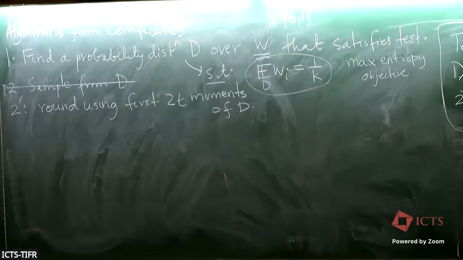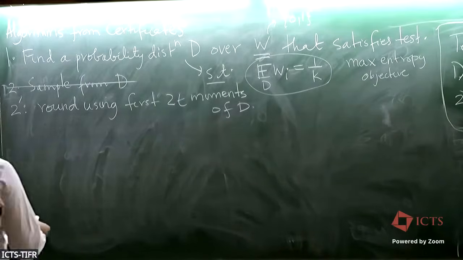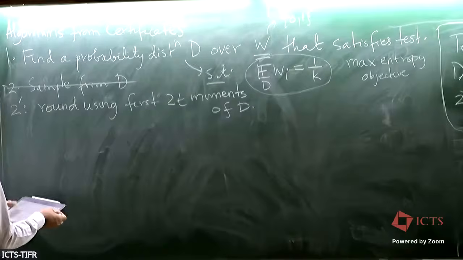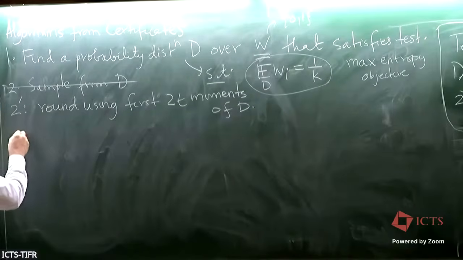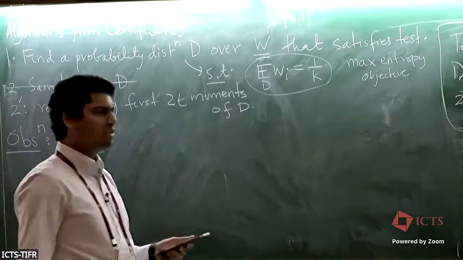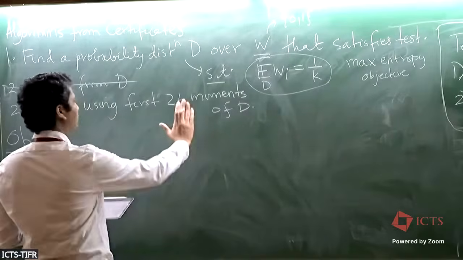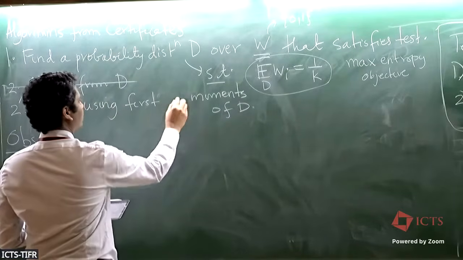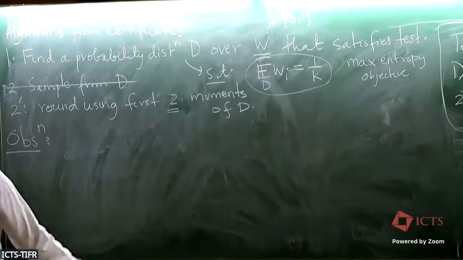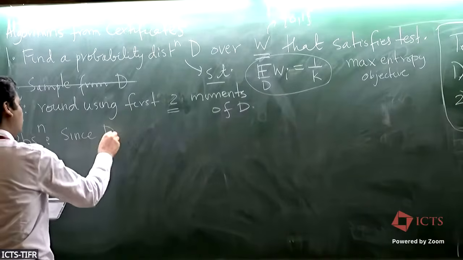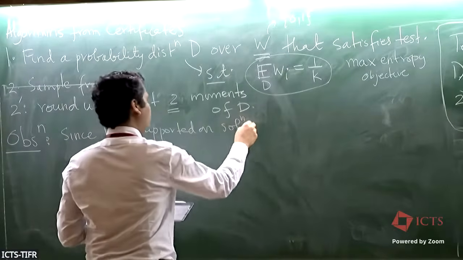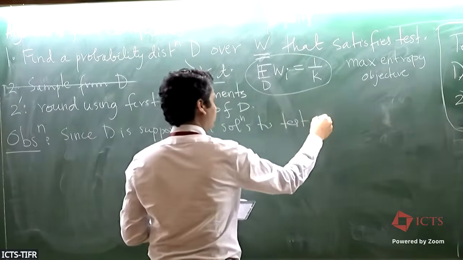Okay, good. So, let me show you how to round, in fact, using just the first 2 moments. We'll need to extract 2t moments for some other reason, but actually I'll show you how to round using just the first 2 moments right now, okay? So here's the key observation. Since D is supported on solutions to the test equations, test constraints,